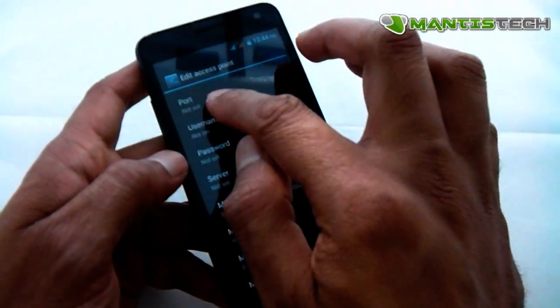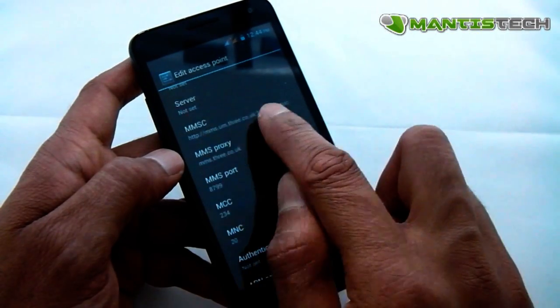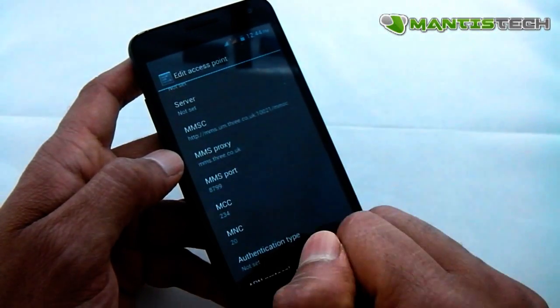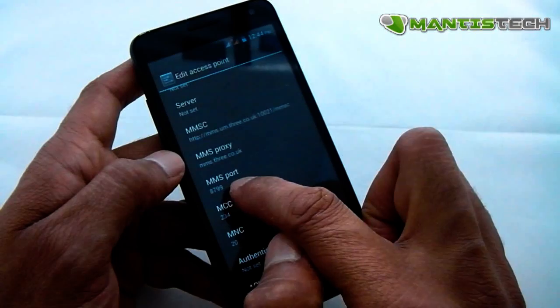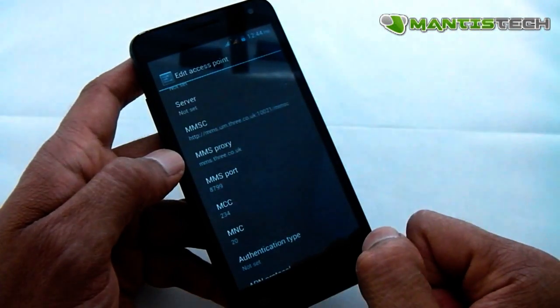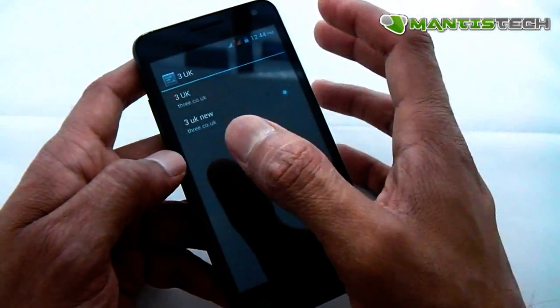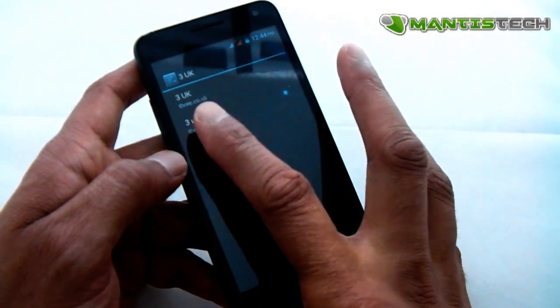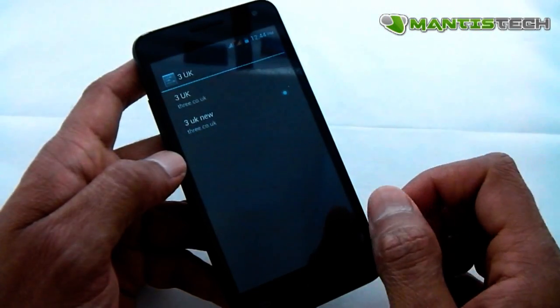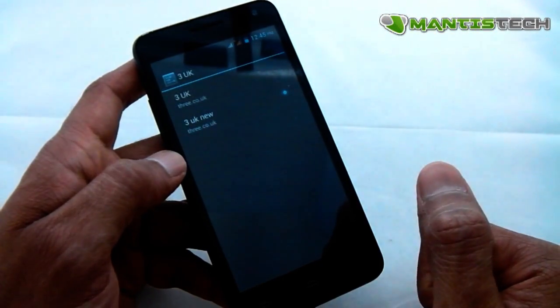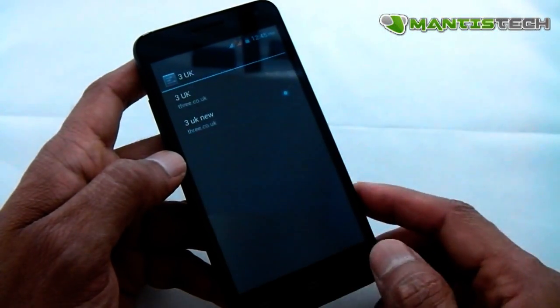If I quickly just show you the MMSC settings there, and the MMS Proxy again, and the MMS Port again, I'll put this in the video description so you can set those if you want to, but like I said, for the purposes of demonstration I just need to show the internet, so I've just set the basic internet settings up. So that is selected now. If I go back,